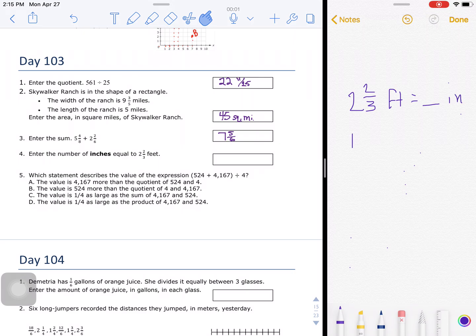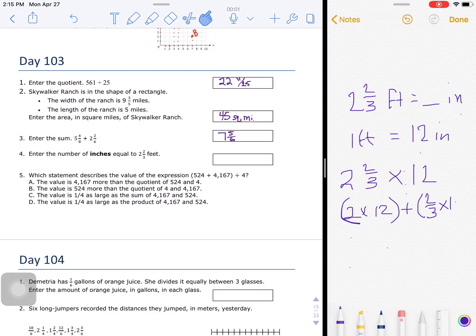I know 1 foot equals 12 inches. So I'm going to take 2 2/3 times 12. So remember, I'll have 2 times 12 plus